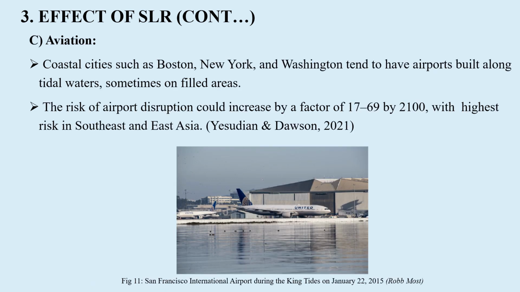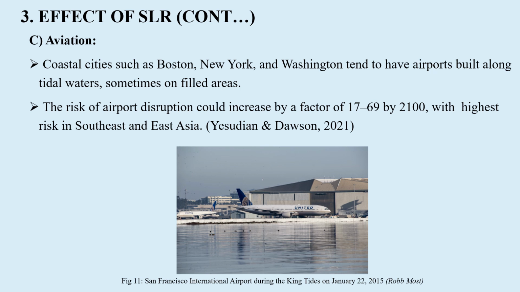Next is the aviation sector. Since this mode of transportation is miles above the sea level, sea level rise is not likely to be a serious problem for this type of transportation. However, coastal cities like Boston, Newark, and Washington have some airports in low areas that make the runway vulnerable to flooding. According to data from Airports Council International, about 25% of the world's 100 busiest airports are less than 10 meters above the sea level, which shows that these airports can be affected anytime by sea level.